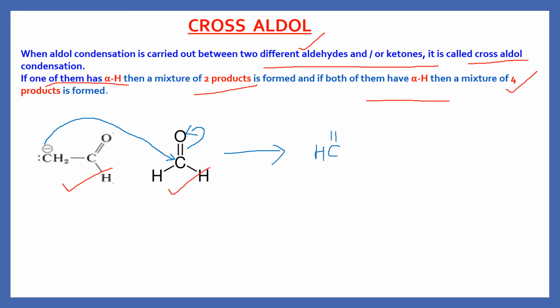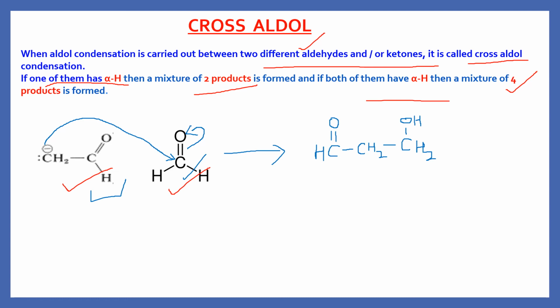I am writing this CHO. It's up to you whether you write it on the right hand side or left hand side, but be careful while showing the bonds with other carbons. So you get CH2 here, and this carbon I'm showing now has 2 hydrogens on it, and the oxygen has converted to O negative, and then on this O negative H plus will come. So finally I am going to get this particular beta hydroxy aldehyde, which is called aldol.